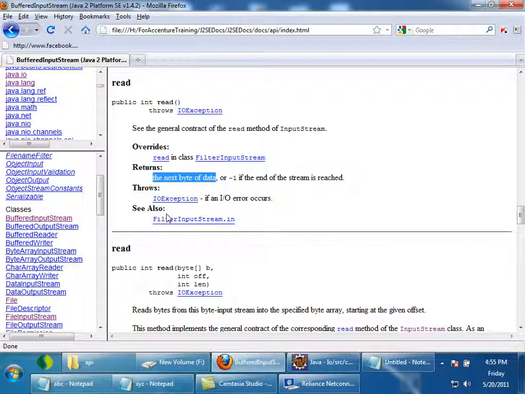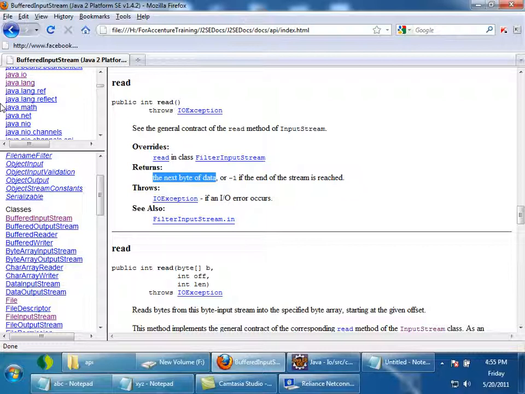Second time if I call read, it has already got 8 KB of data. Now it need not go to the file. The second byte is present inside the memory. It will return the second byte. Third time if I call read, the third byte also is there in the memory. It will return the byte from the memory.